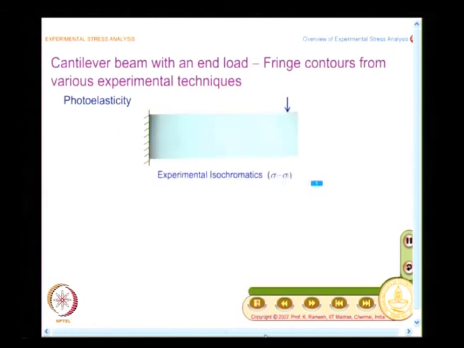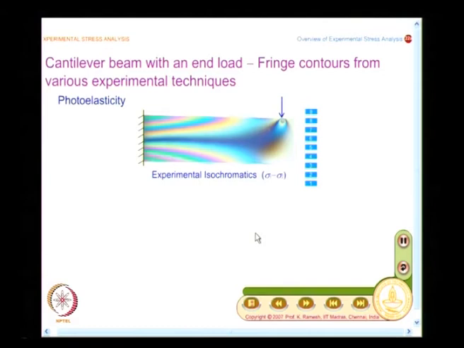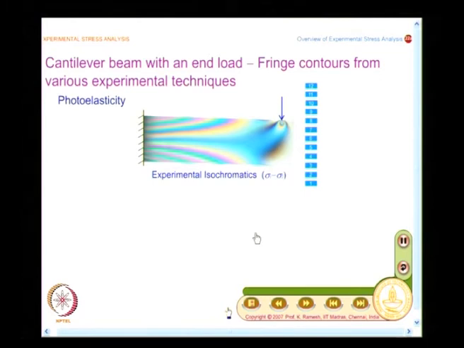So, the first thing we have always been doing is photoelasticity, and you all know that it gives you contours of sigma 1 minus sigma 2, and these contours you would not be able to calculate right in the class. It is better that you have computer software to evaluate it, and also have a post processing where you can go and plot it. As before, I would like you to have a reasonable sketch of these fringe patterns, and what you find here is these fringe patterns are definitely different from what you have seen in a beam under 4-point bending.